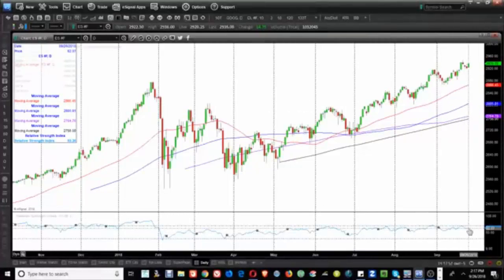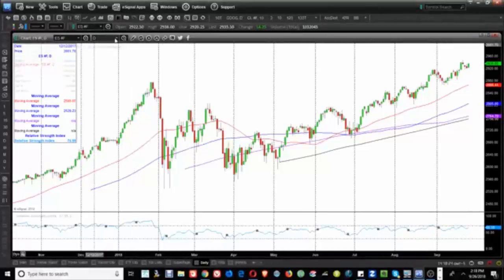You can see on a stochastic level, we're not oversold, obviously. We're more towards the overbought level. Remember, as I talked about last week, we don't like buying above 50 on the RSI. And the RSI here is 65.30. So the S&P looks great. It took out this pivot high over here, but it's still way up. Got to have it pull back. We're looking for a big down day, and we're going to try to buy in the afternoon, or at least it's got to come into here.